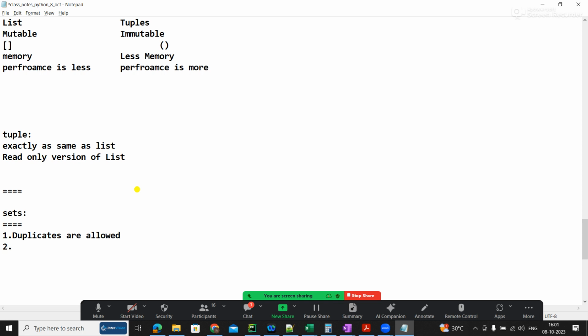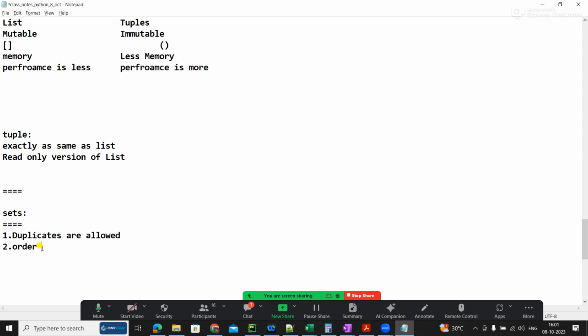Okay, so next is order not required. That means in a set, the order in which you insert and the order in which you get will not be the same. So while choosing, you have to think whether I need order, then I'll go with a list or tuple. See, this is how you start understanding. I'll go with a list if I want order, or a tuple if I want order.